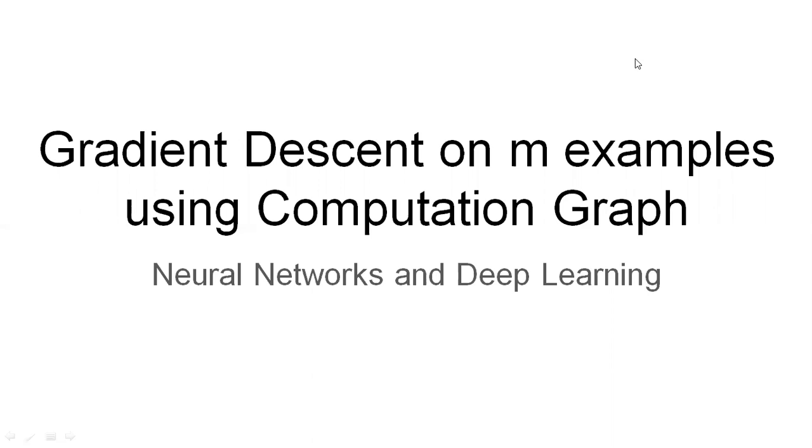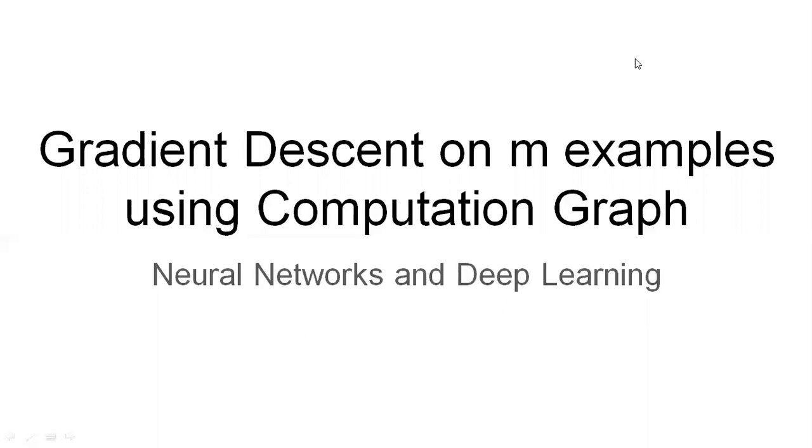So what we have seen in the previous video lecture is that we have applied the gradient descent method over a single training example, and for doing this we have found the derivative of the loss function, which we often call the error function. Now, in this video lecture, we are going to apply the gradient descent method over all the M training examples. Here, M is the number of training examples that we have.